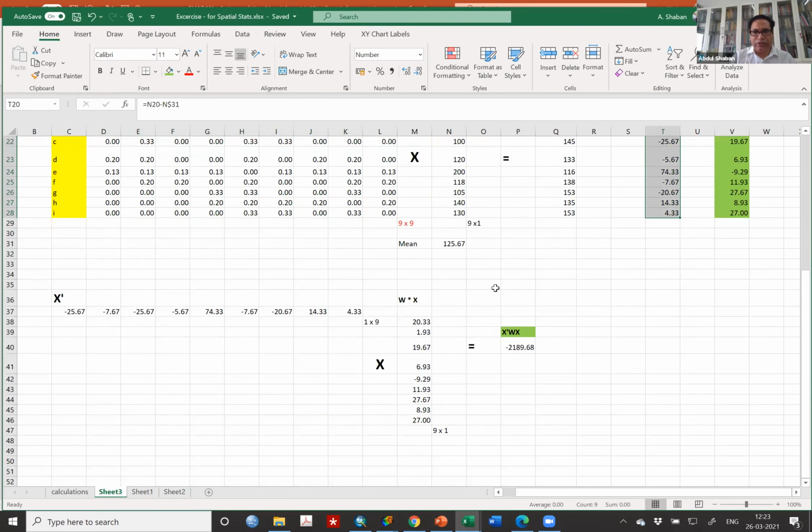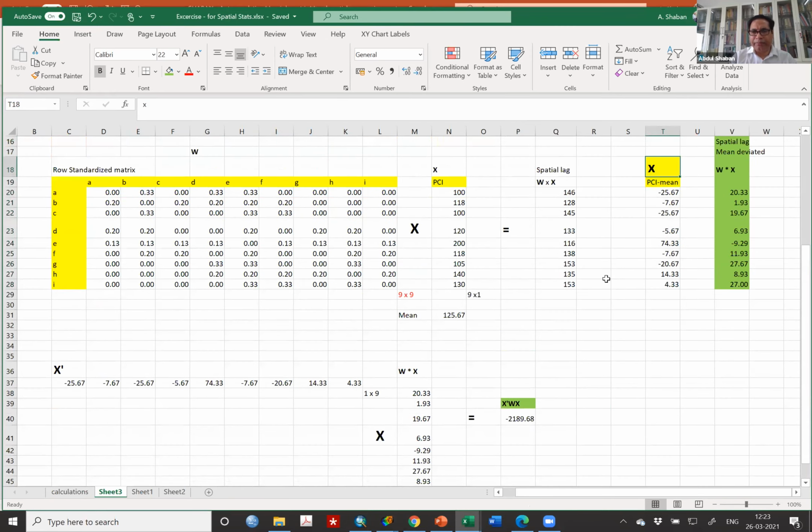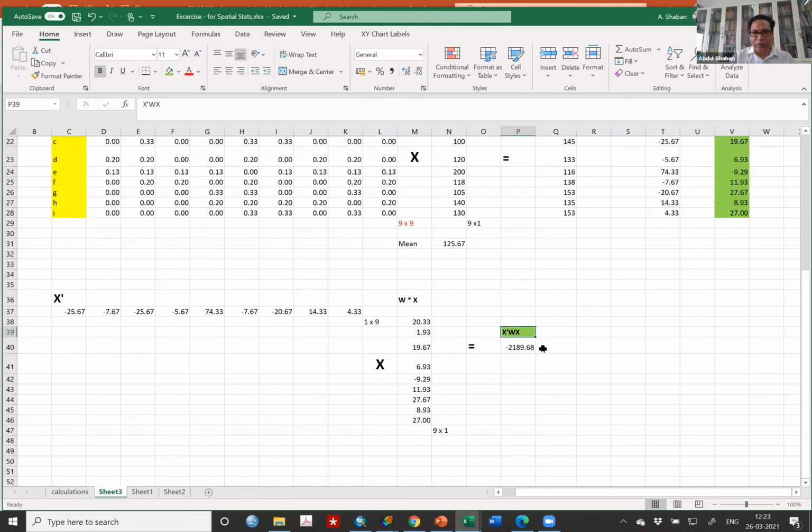So I don't need to bring it here. I can just put it here, for example this one, numerator, denominator, which is X transpose X.